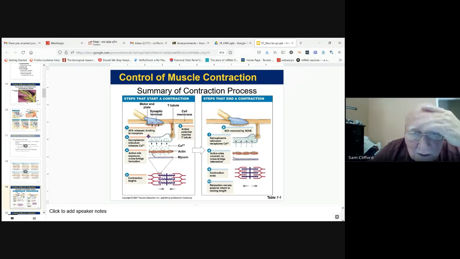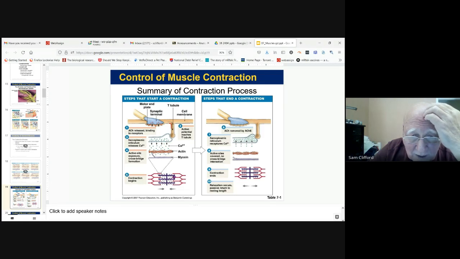So acetylcholine is released, the sodium rushes in, the action potential causes sodium to continue to move into the T tubules, and it causes the sarcoplasmic reticulum to release calcium. Calcium binds to the troponin. It causes the tropomyosin to rotate, and the actin binding sites have the myosin heads attach,